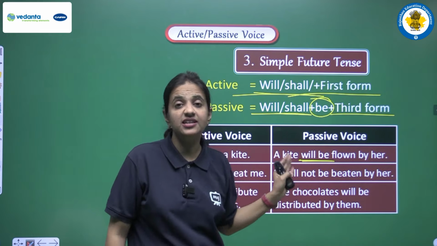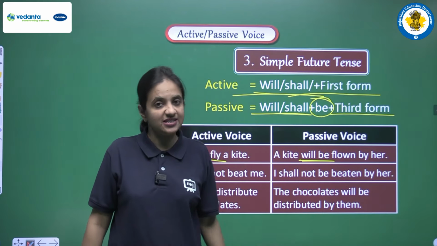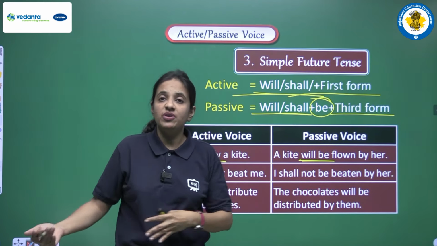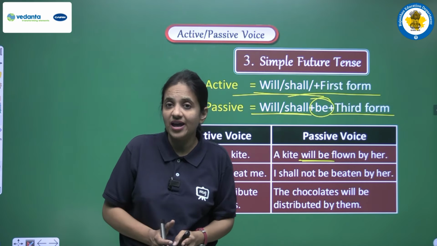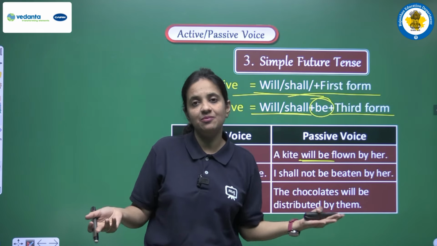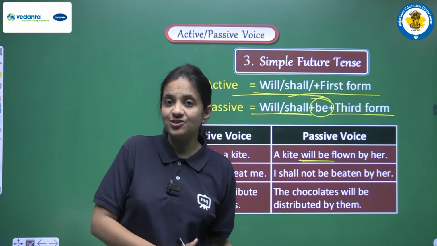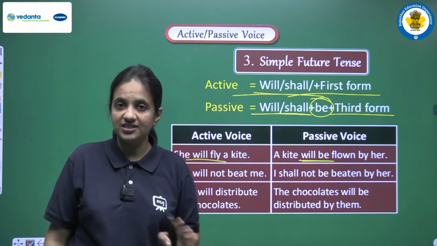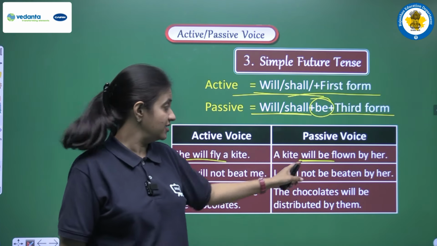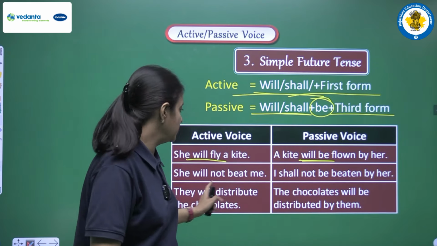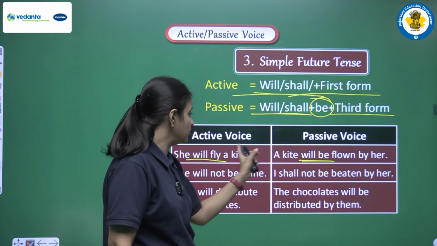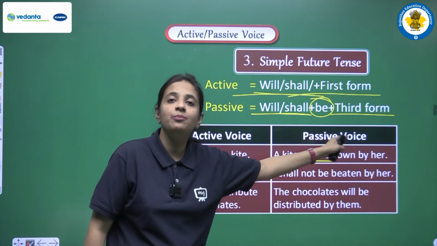I am not discussing the structure now because I hope that is clear to you all. In the previous video we have discussed the structure of active and passive voice in a very detailed manner. We have seen so many examples, we have done a proper analysis of the structure. So now I am not discussing the structure, I am just discussing the changes of the helping verb that we are doing here, right? So now we are having will. So in passive voice we are adding will be.